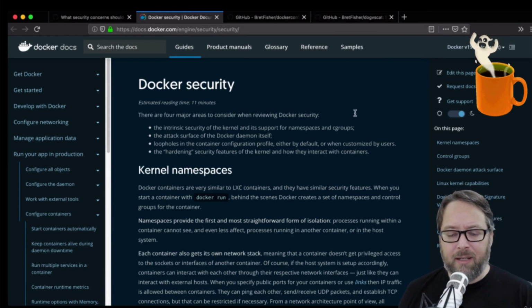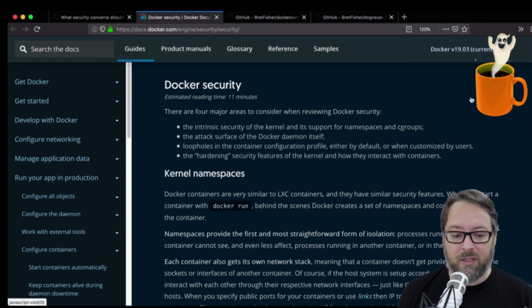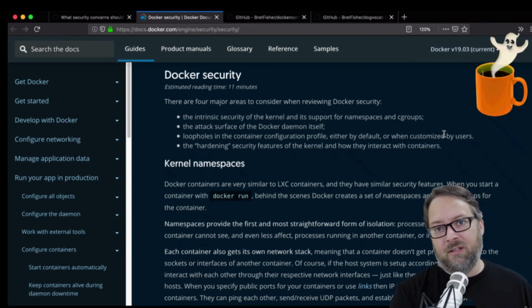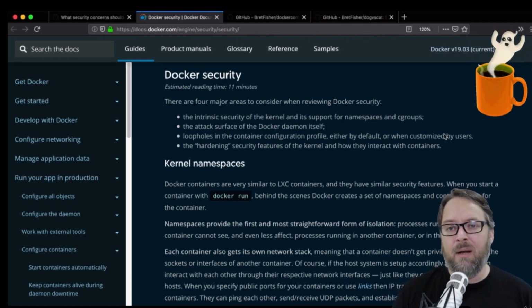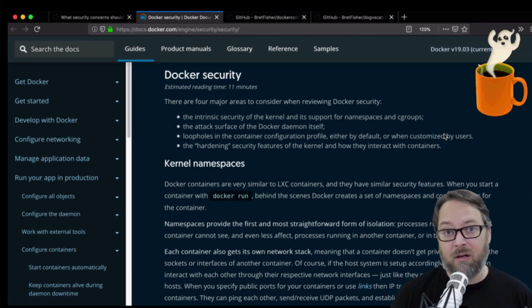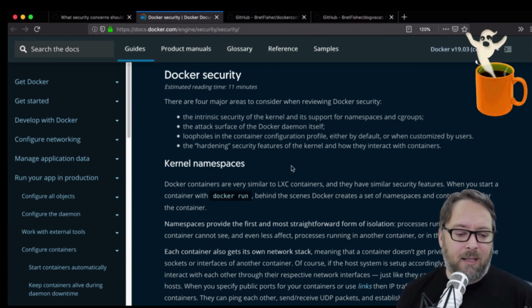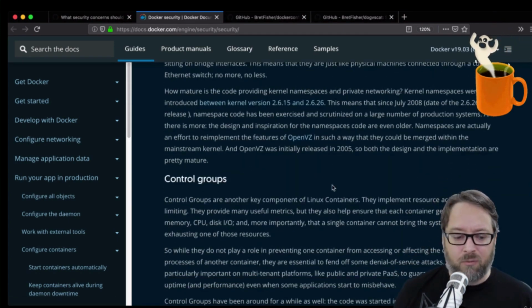Now, what's interesting about the Docker security guide here is that it's really just about how does Docker security work, or how does Docker itself work. And there's way better videos in my course. I put links in there to other reference videos that are an entire hour about the underpinnings of Docker. But the two main things you need to care about are kernel namespaces and cgroups. And namespaces, they go through a nice overview of how this stuff works.